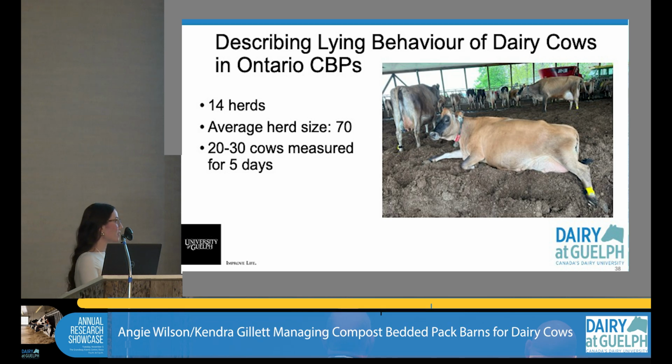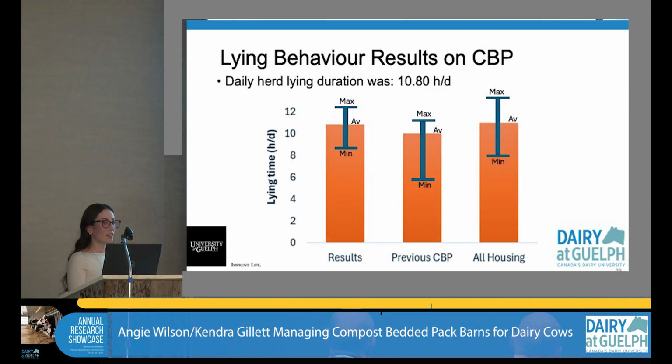So for my study, we looked at 14 herds in Ontario. The average herd size was 70 cows, and we measured 20 to 30 cows per farm for 5 consecutive days. We did find the average herd lying duration was 10.8 hours per day, with a minimum lying time of 8.8 and a maximum of 12.3. So that's this